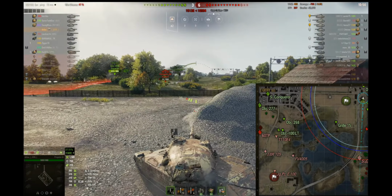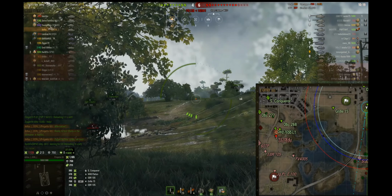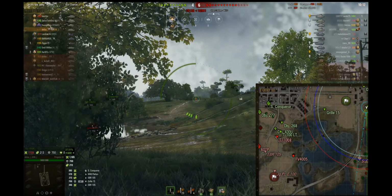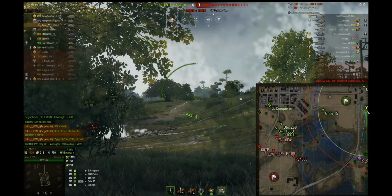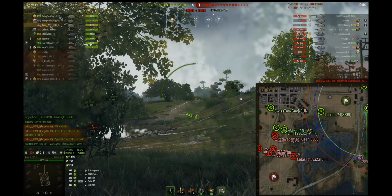Tofu's going to move up a little bit more to see if he can get some spots for his team. He's slowly moving into this bush. Doesn't see anything. Now, if I was Tofu, I would be thinking about maybe flanking around this way and going underneath to see if they can flank around. Seeing as...